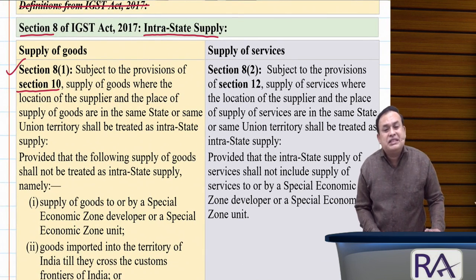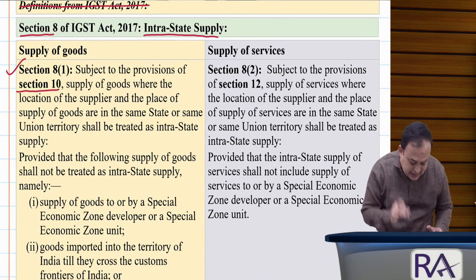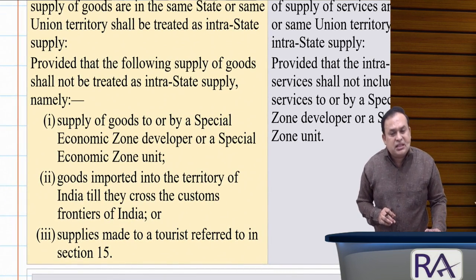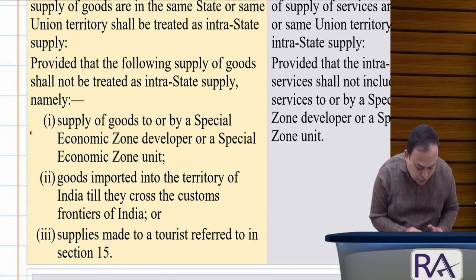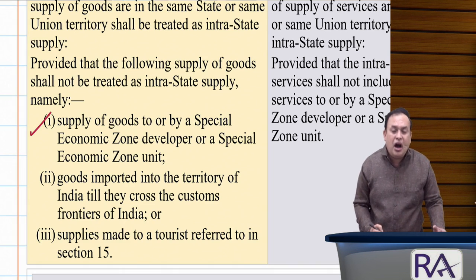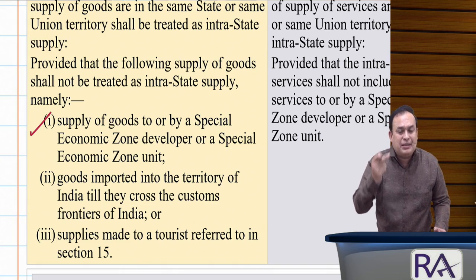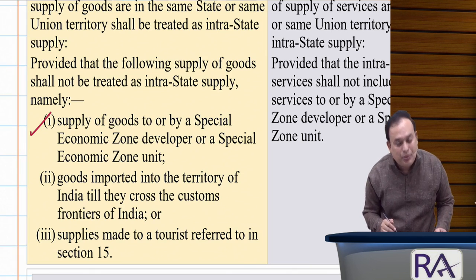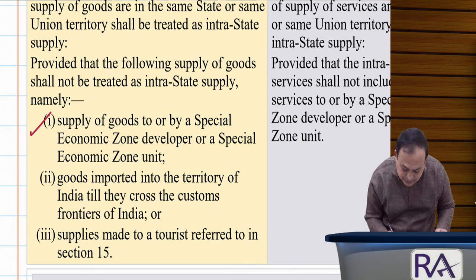Section 8 subsection 1 of IGST does not apply in the following cases: where there is supply to a special economic zone, or to a developer or a unit of a special economic zone. Supply to a special economic zone is not an intrastate supply. For example, my dear, see here, let us say